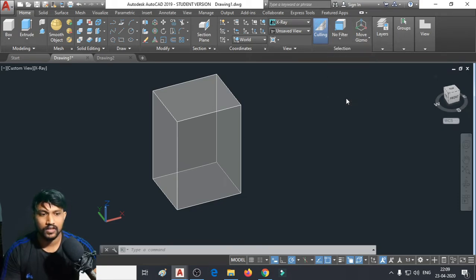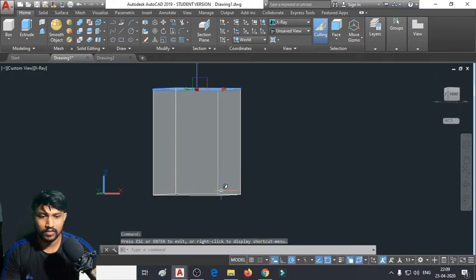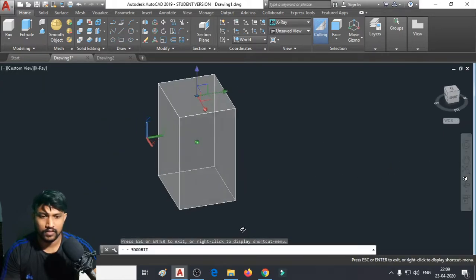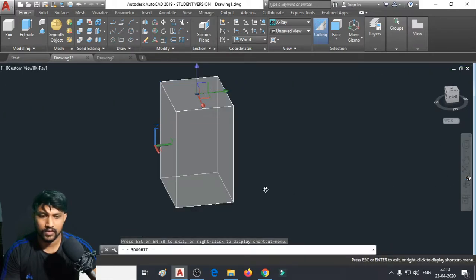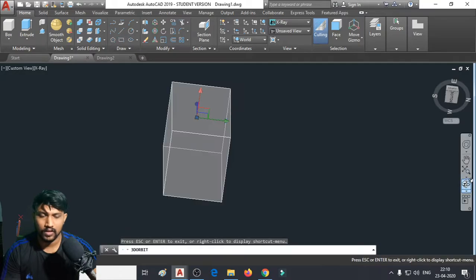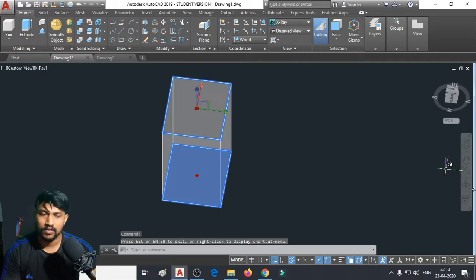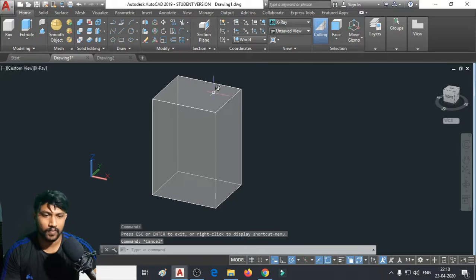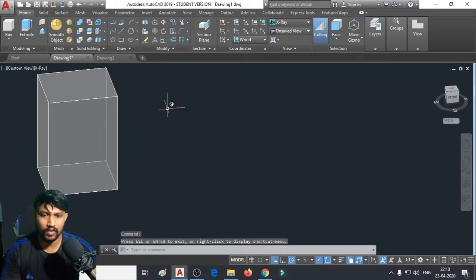See here, this one is a square and this one is also a square. Both are of the same geometry and same dimensions, which means this is a prism. I'll show you how a square pyramid looks.